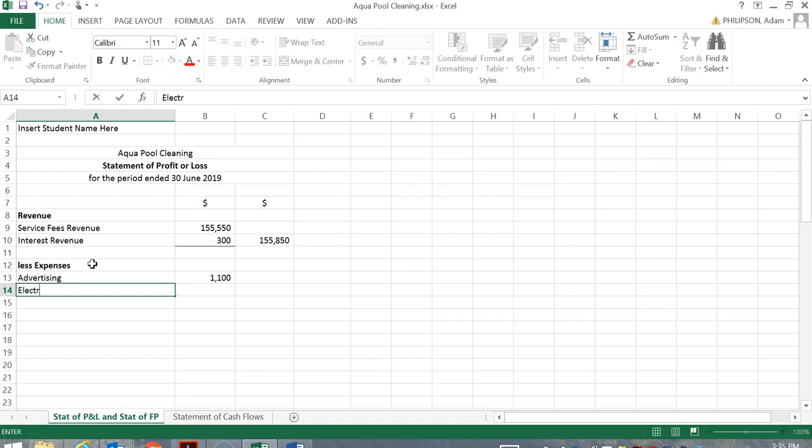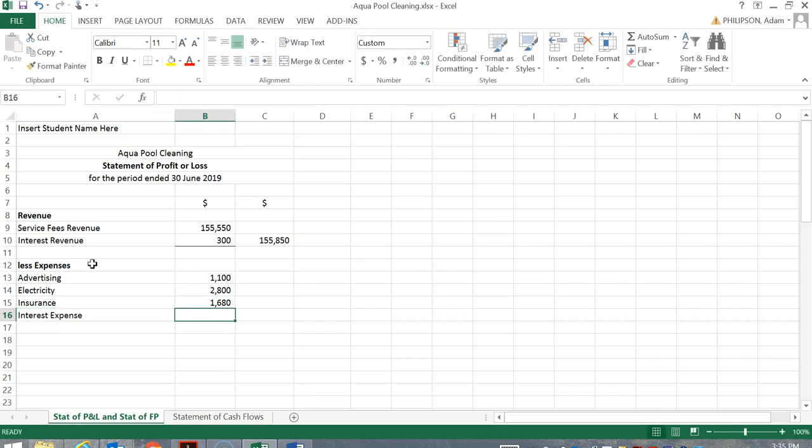Electricity is the next one. Electricity, 2,800. Tick them as we go so that we don't miss anything and so that we don't double up anything. Keep going down the list. Insurance is 1680. Interest expense 2450. Keep going down. Registration is 700. Keep going. Supplies expense